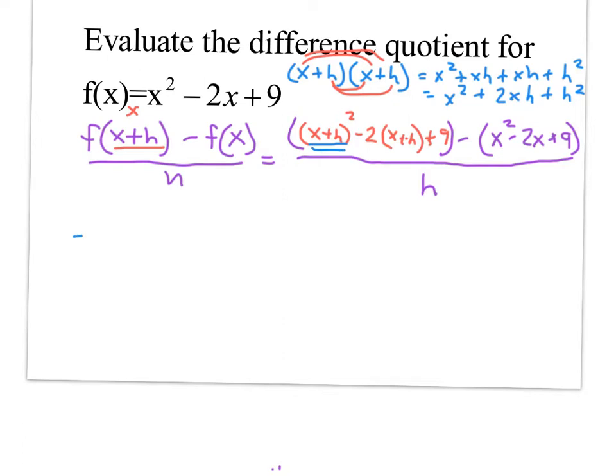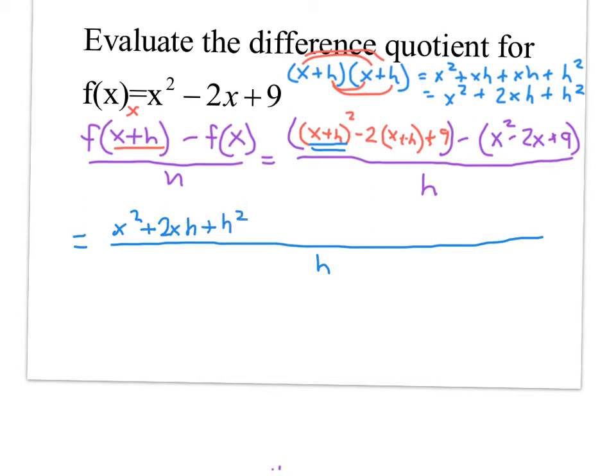And so when we actually go to do the simplification of this entire thing, I'm going to make a nice big fraction bar. I'll put an h on the bottom. This x plus h, the quantity squared, becomes x squared plus 2xh plus h squared. So that is the x plus h quantity squared. Then we have minus 2x minus 2h plus 9